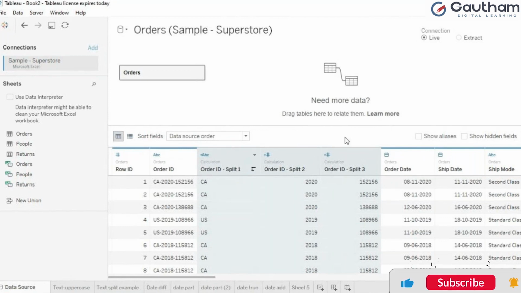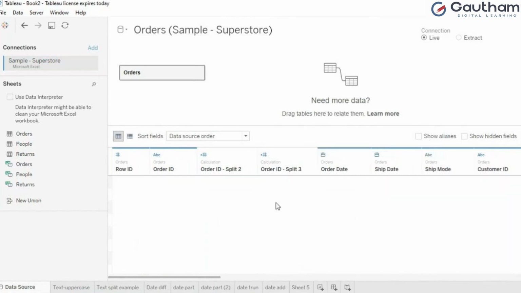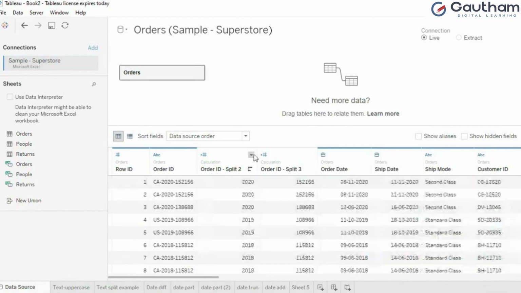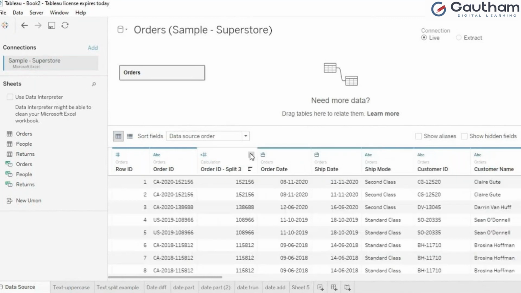When I want to remove that, what I have to do, just click here and say delete. If you don't want that, the same way you can delete it. Because I have created something with the order date in this one, though I didn't create it, to avoid that confusion I have deleted.